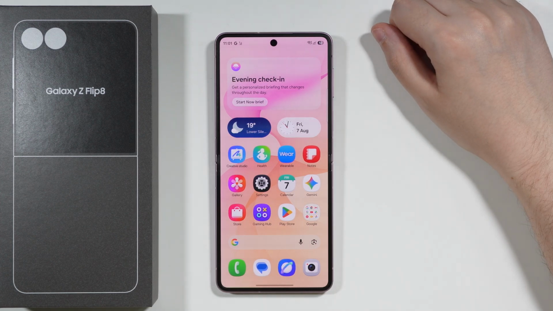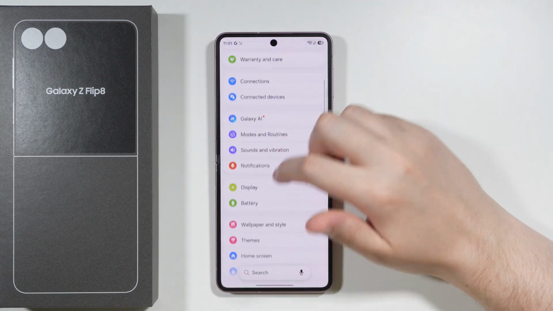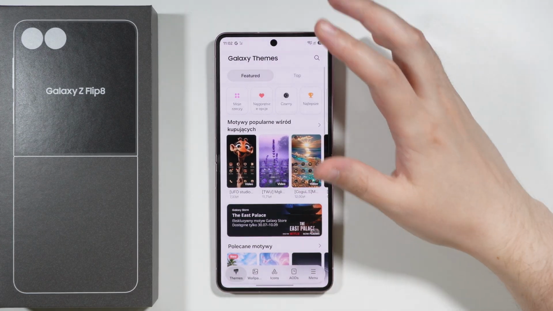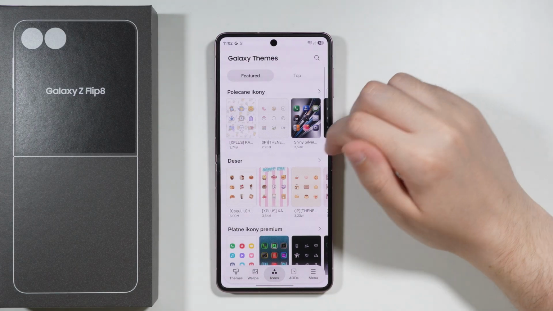If you want to change icons on Samsung Galaxy Z Flip 8, you can, for example, go to Settings. Then over here in Settings, we're gonna scroll down and we want to go to Themes. You will open the Galaxy Themes app where we can switch to icons here at the bottom, and then you